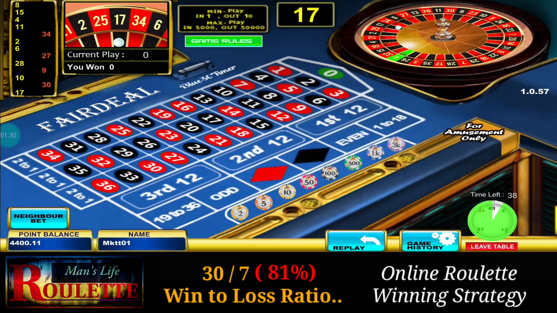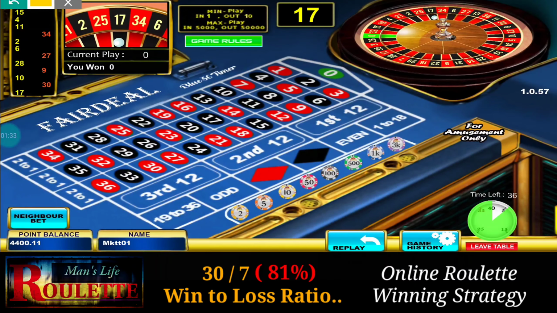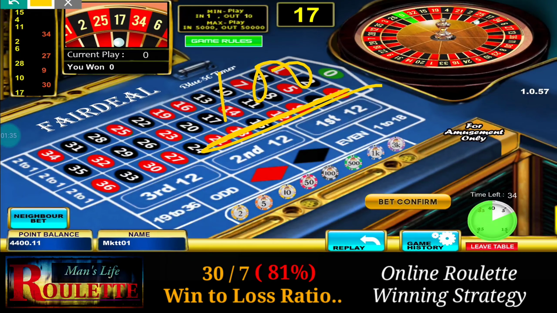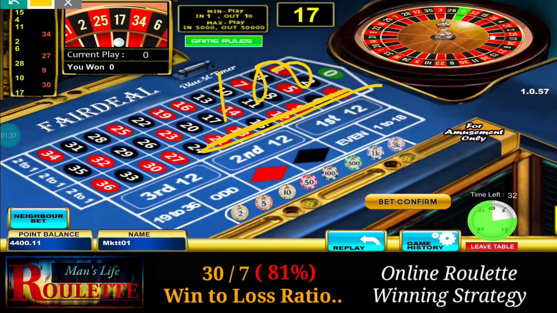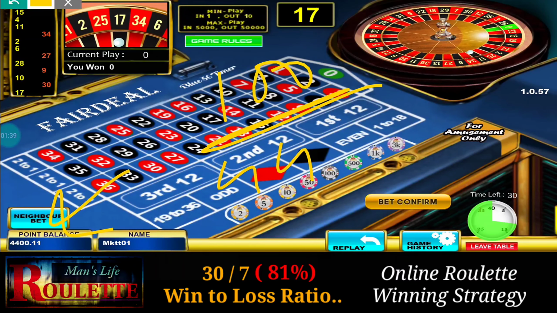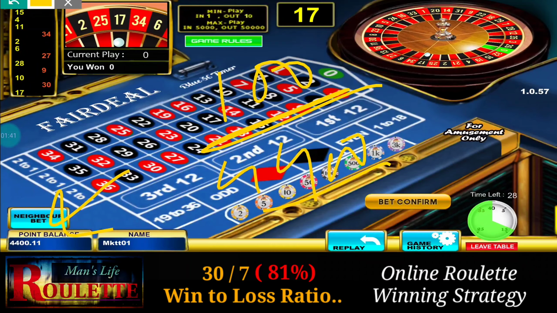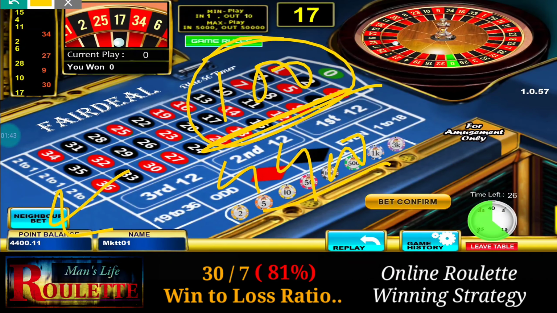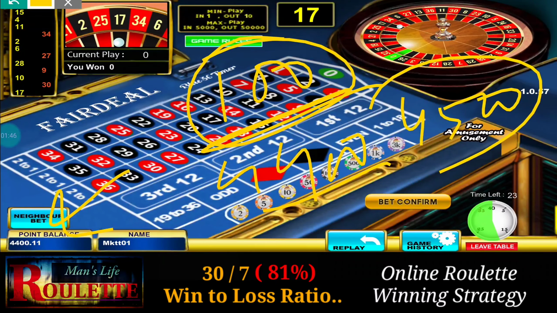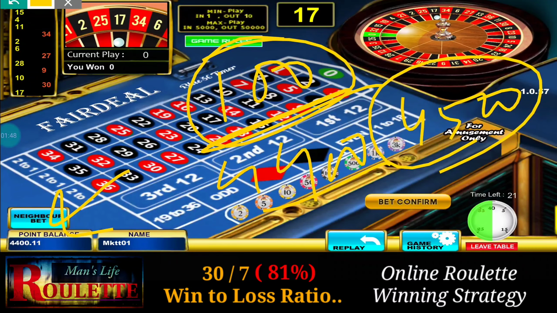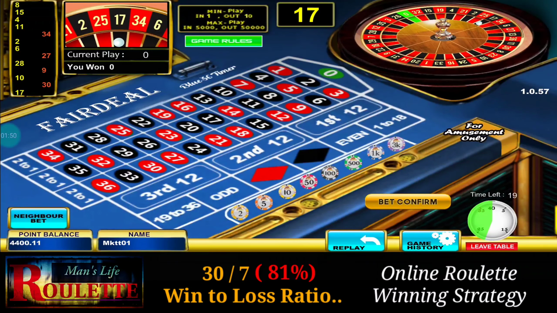And for this strategy our target is quite simple. It's 100 points, and now my bankroll, you can see here, it's 4400. So after adding 100 unit to our bankroll, it will become 4500, and we will continue the game until we make the bankroll 4500. So let's start